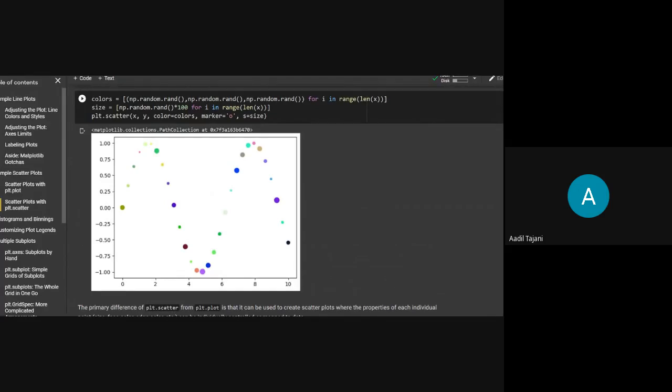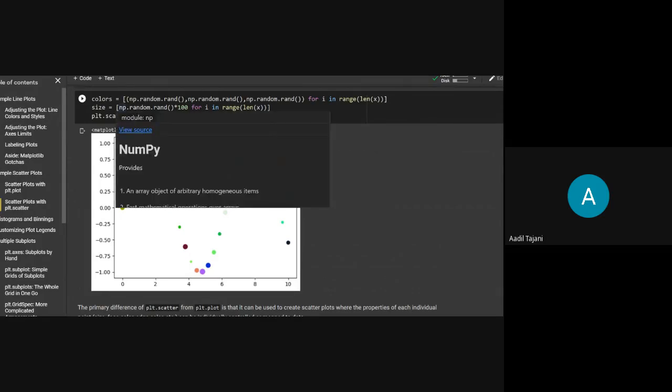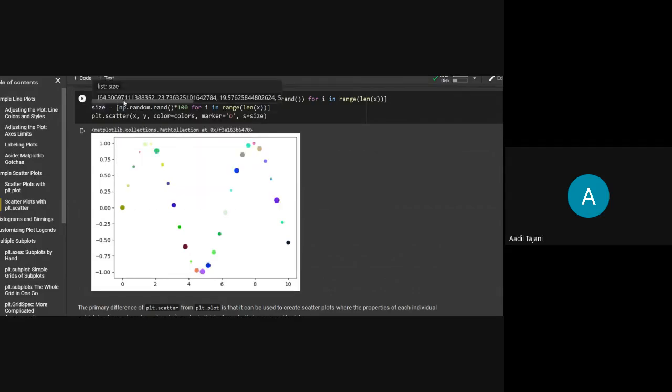Now, as I discussed earlier, in scatter plot, every point can have its properties changed. So let me do a scatter plot where every point has different color, every point has different size. I'll just declare a colors list where I'll pass RGB tuples of random values. Also I'll create a list of sizes in which I'll pass random size values from 0 to 100.